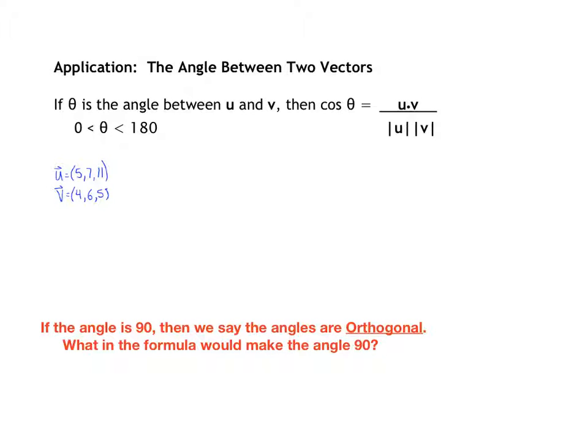So let's look at this main application. One thing that's a little bit tricky is that this formula as it's written here does not show up in your formula booklet. And actually it's not called the angle between 2 vectors. In the formula booklet, it gives you 2 formulas for the dot product. One is the one we already looked at. The other one is that the dot product